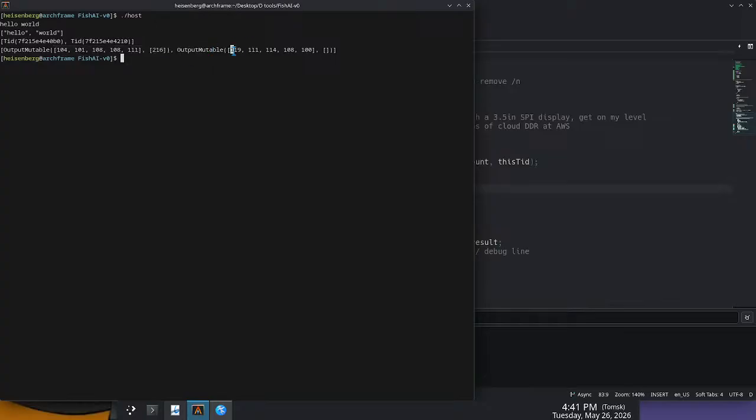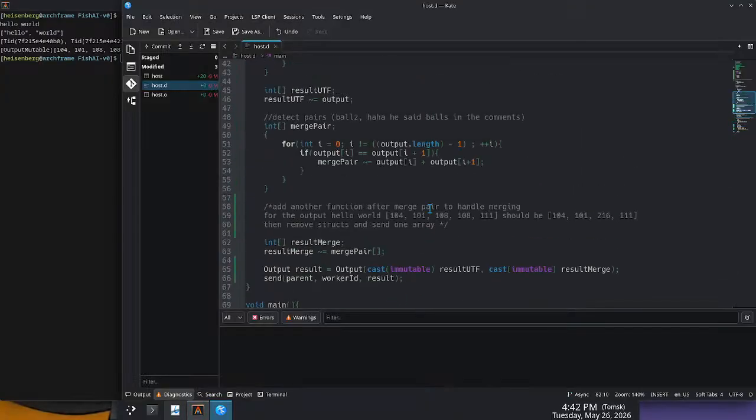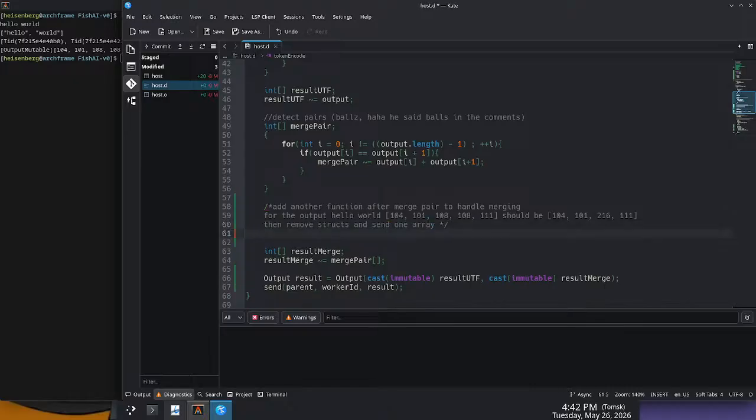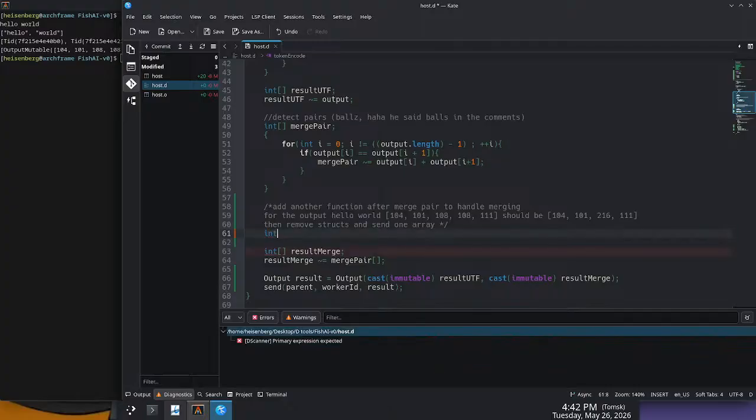So I just cast the immutable ones to these, and then boom. To make it even simpler, we can get rid of that struct, as I put here. All we need to do is add another int function. I suppose we'll just leave the note there for now, so that way I can remember what exactly the behavior